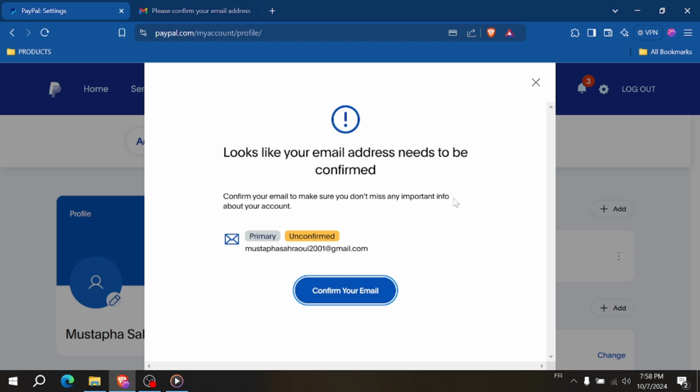Log into your account using your email address and password. If you don't have an account yet, you'll need to create one before proceeding. Once you're logged in, look for the gear icon in the top right corner of the page. Click on it to open your account settings, and this is where you'll manage all aspects of your PayPal account,